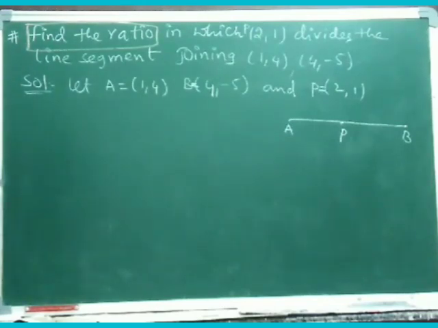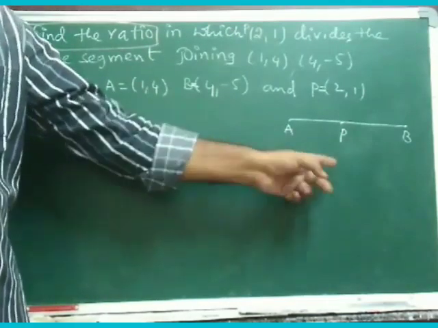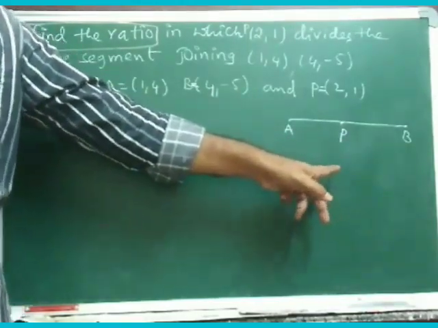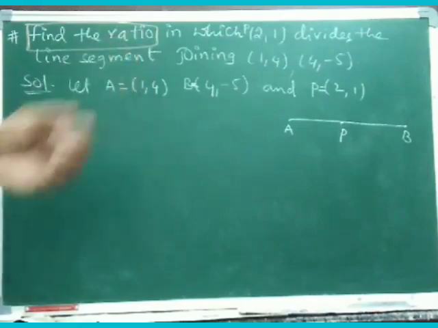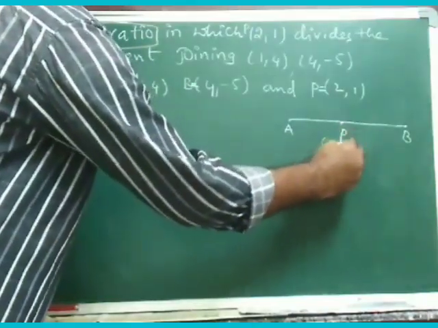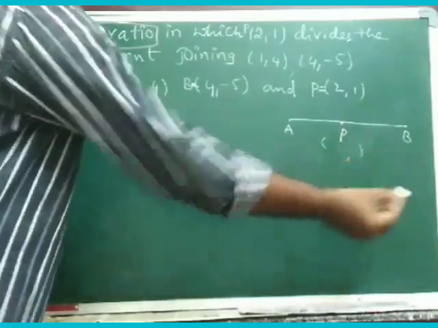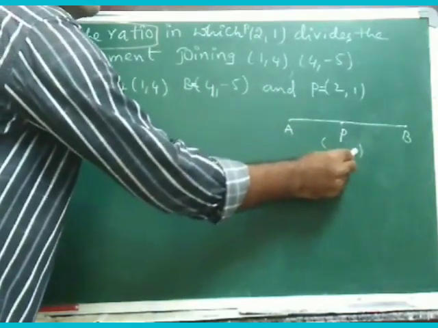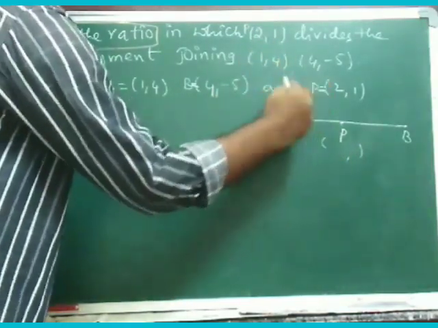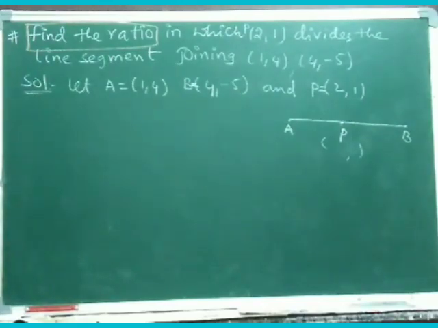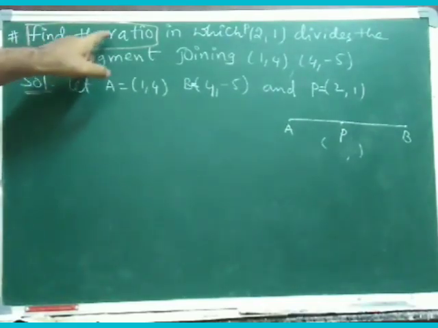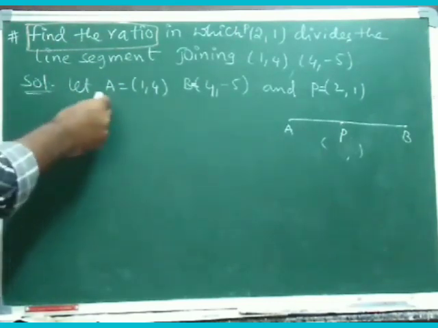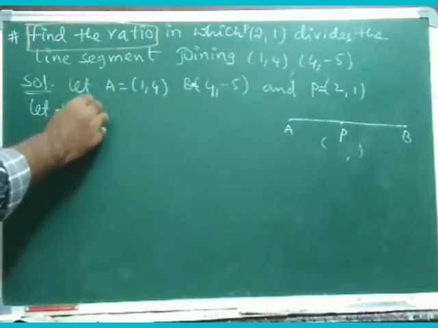So try to identify the difference between the previous questions and this question. Earlier he used to give you that P divides in the ratio some 1:2 or 2:1, etc., and asked us to find the coordinates of P, what is the x coordinate and what is the y coordinate. But now in this problem, the coordinates are already given to us and the ratio he did not give. Right? So whenever the question is find the ratio, then better you start the solution with: let the ratio